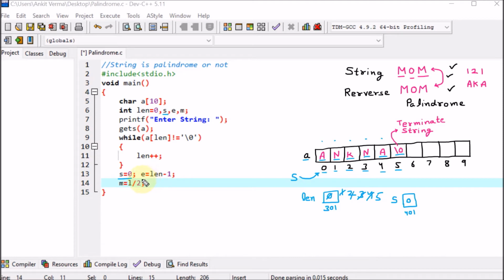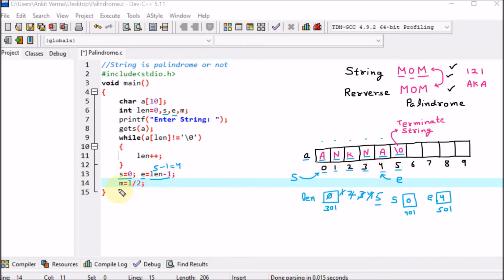Then afterward I am saying that e. So one variable e is declared. So I am assuming that one memory block is reserved with the name e. And here the address, let's say, is 501. Now e is equal to length minus 1. We know that the length is 5. So 5 minus 1 is 4. So here 5 minus 1 equals 4. That means the e value is now 4. Hypothetically, if I tell you, we need a variable which is pointing at the end block.